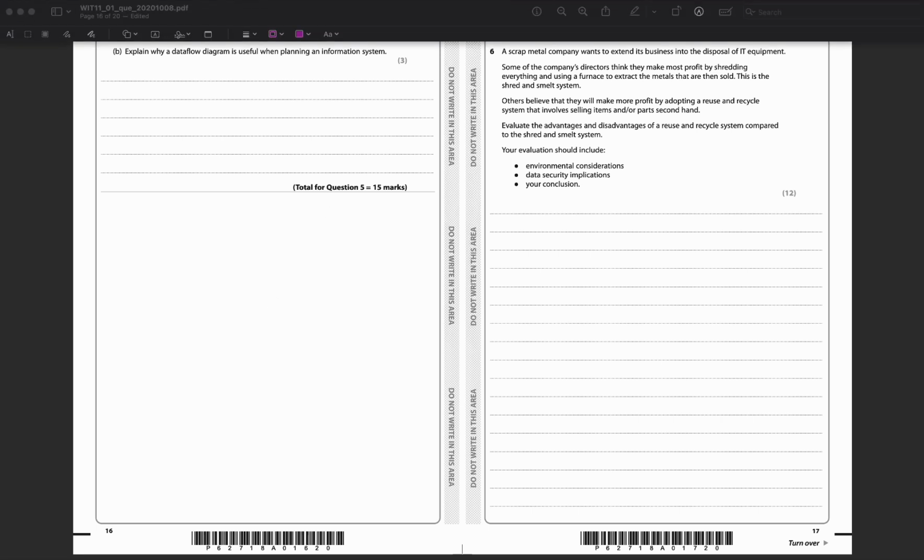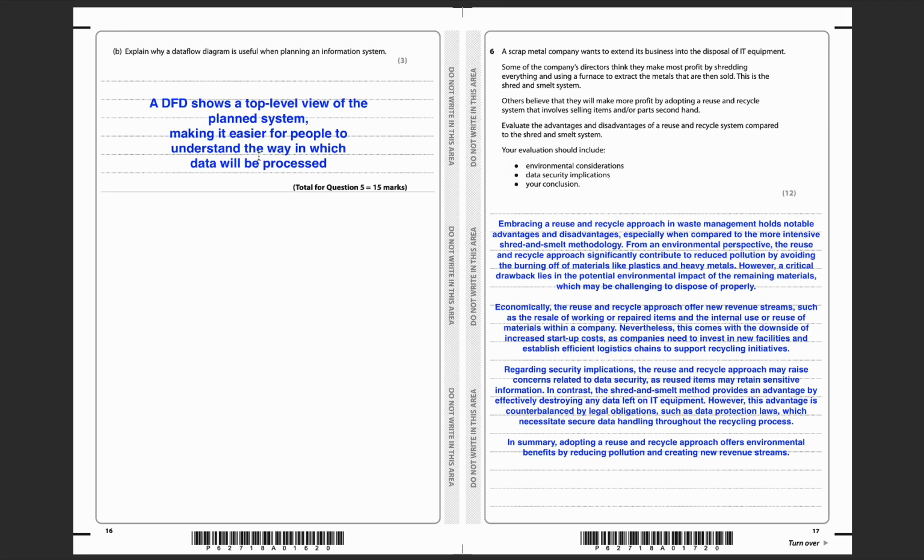So this is the answer to question B, which is: a DFD shows a top level view of the planned system, making it easier for people to understand the way in which data will be processed. Okay, so let's continue with question number 6, which is: a scrap metal company wants to extend